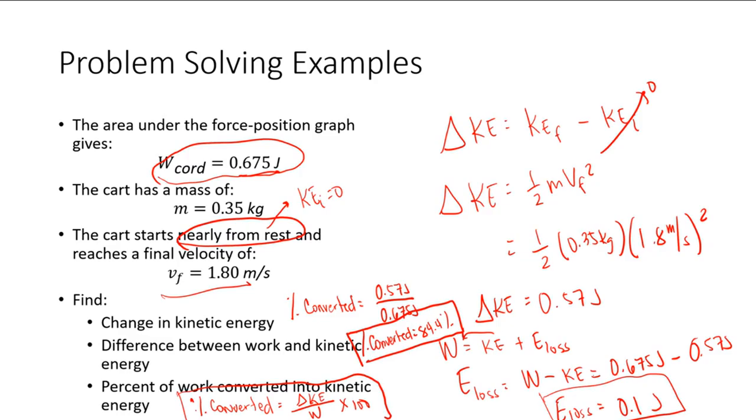Okay? Now, to summarize the entire experiment, the elastic cord did work on the cart by exerting the force over a displacement. And because the force was variable, work was best determined using the area under the force position graph. And we can calculate for your work energy theorem as your work net. Again, please take note, work net is equal to the change in your kinetic energy. So the work done by the cord should approximately equal to the cart's change in the kinetic energy. Again, in an ideal case, the values would be equal.